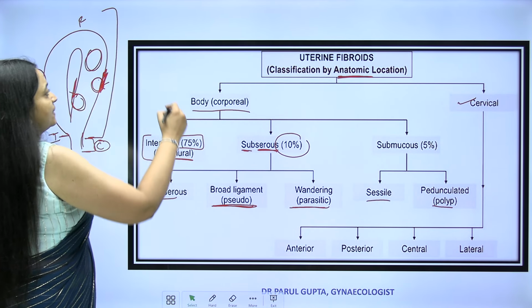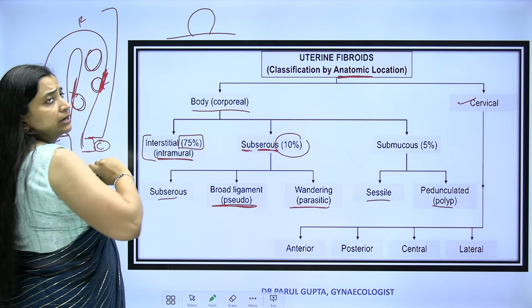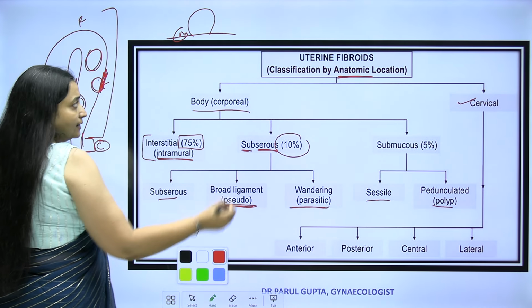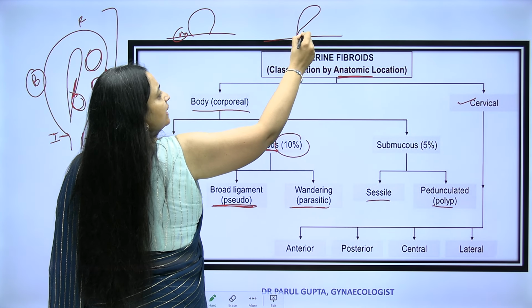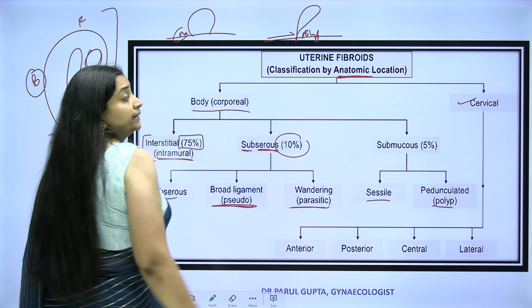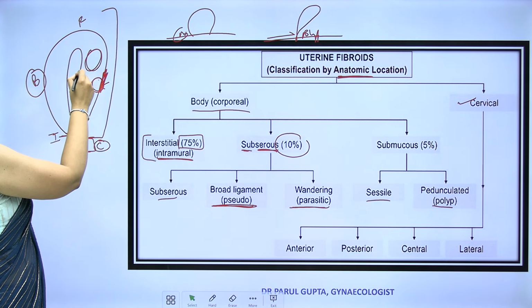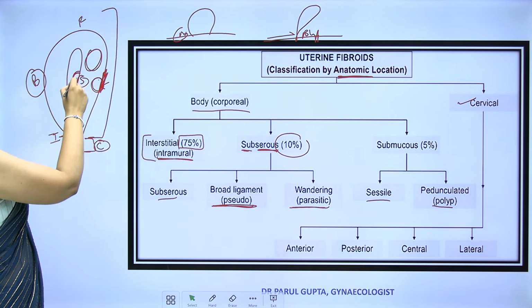What do we understand by sessile? Anything which does not have a peduncle is called sessile. There is no neck portion. But anything which is hanging with a small neck is called a polypoidal growth, and this is called a peduncle. So in submucous cases, some of the submucous can be like this, which are sessile,